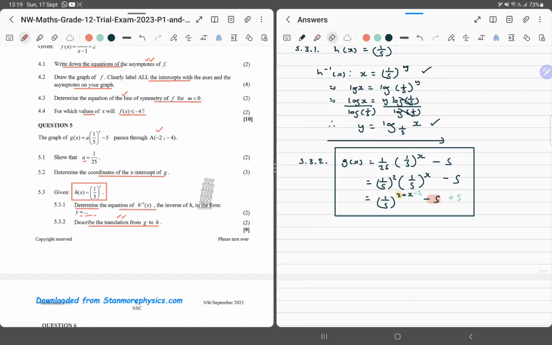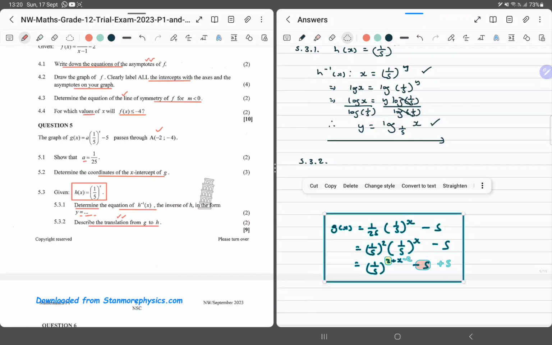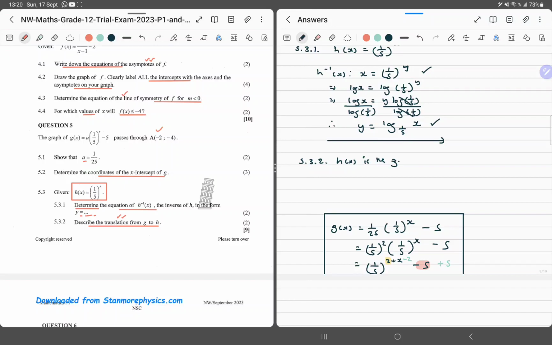So all you can do here to answer that question is to take down this, because this was your thought process in your rough work. This is not necessary. So you can simply say here, h of x is the graph of g of x translated